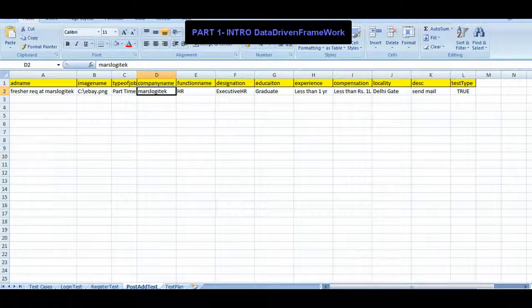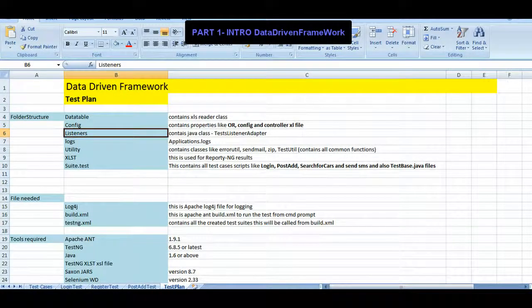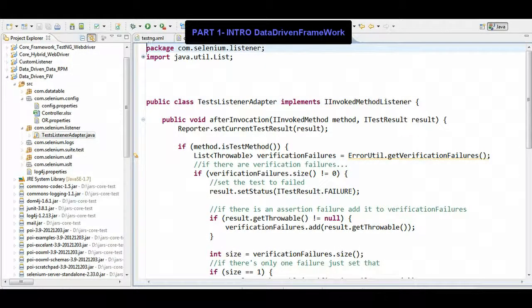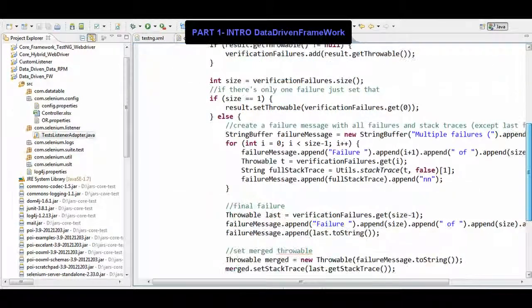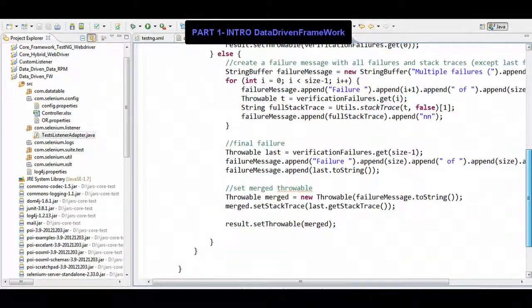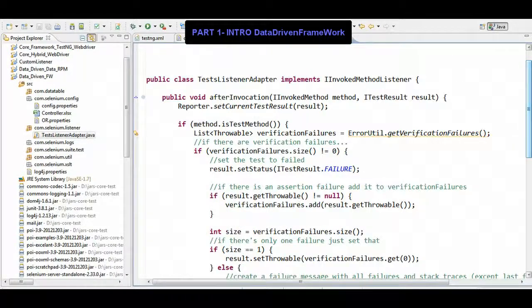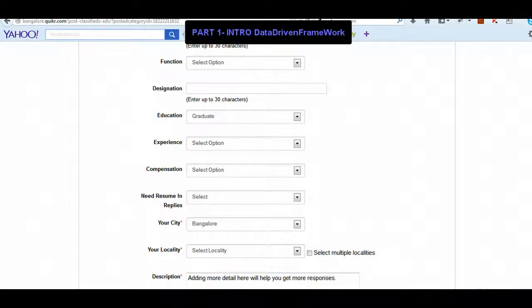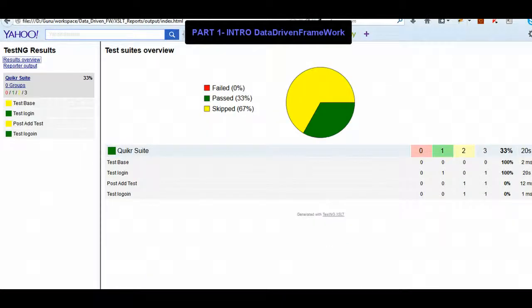Okay, and coming to the plan once again. We have listeners. Listeners contain one class, that is the TestListenerAdapter. This is used so that any failures are automatically logged and merged to your result basically. When I say result, it's nothing but we are going to generate this XSLT output. This we have already covered in one of the TestNG sessions. What is XSLT? How to know? We also covered ReportNG also. So I'm using XSLT here, the TestNG result. And whatever failures you see, right? Everything will be captured in this report.